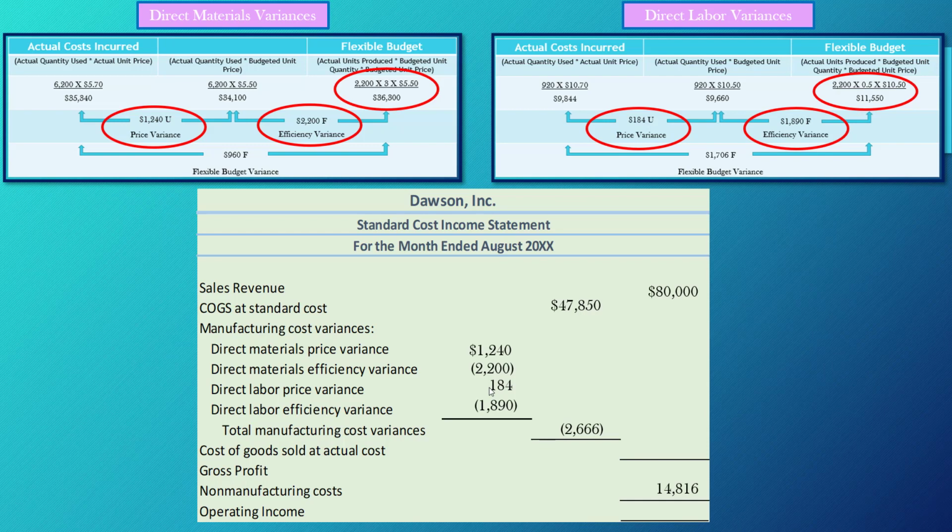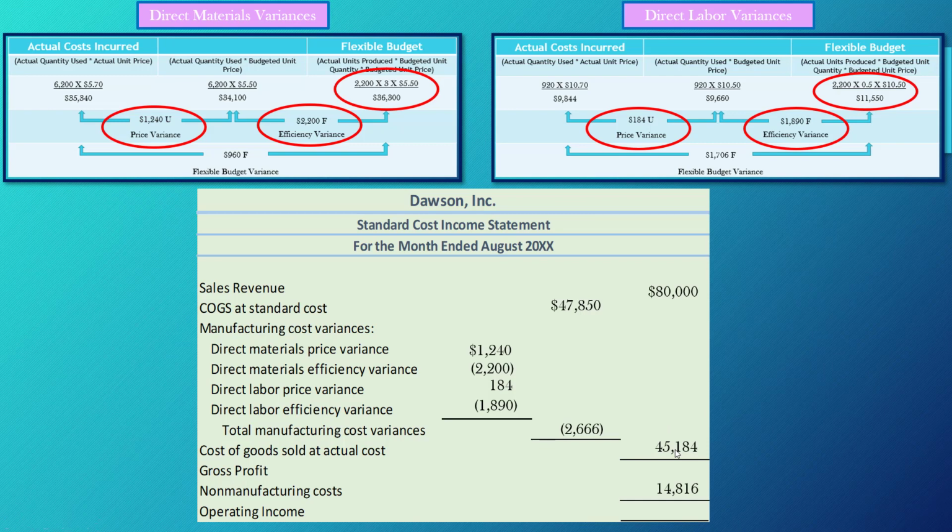So our actual cost of goods sold was not the $47,850 that we had planned on. It was $2,666 lower than that. It was $45,184. And you can make sure that number jibes because it should be equal to the sum of your actuals, and it is here. $35,340 plus $9,844 is indeed